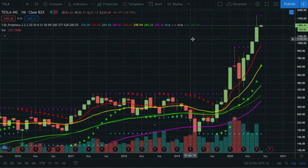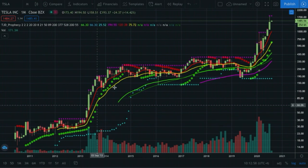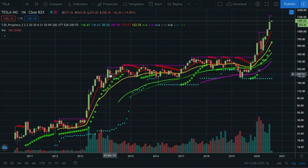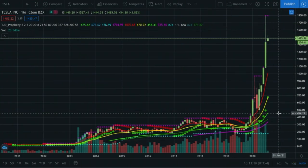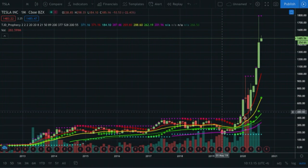So we're going to use Tesla this time, and now this is on log scale, obviously just a massive uptrend after a long drawn out consolidation period, but no initial blow off top on this one. So it does look a little different, but again, a clear defined long-term uptrend. And now this is it on log scale. So here we have basically that consolidation range followed by a massive blow off top. Okay, and